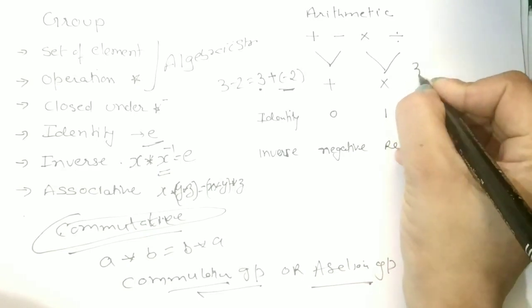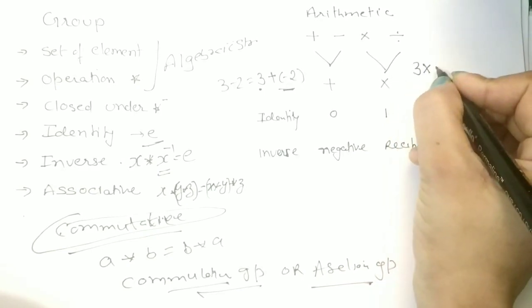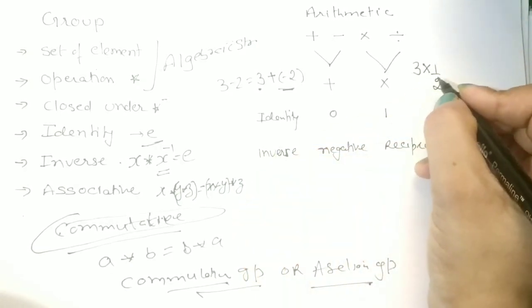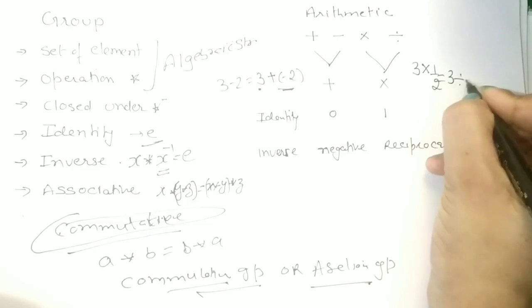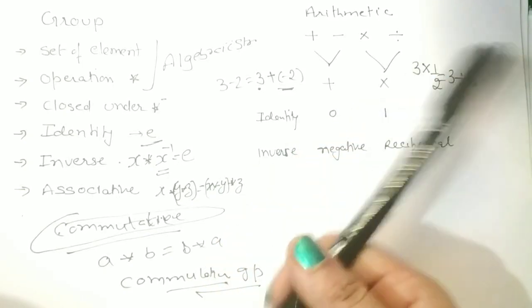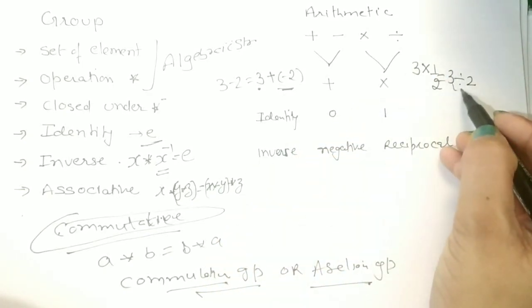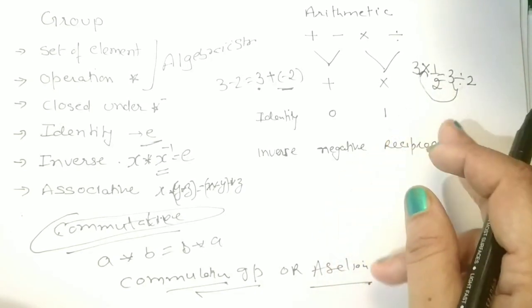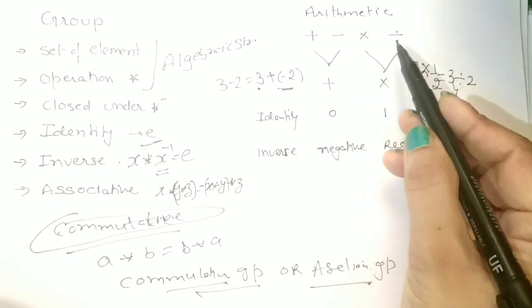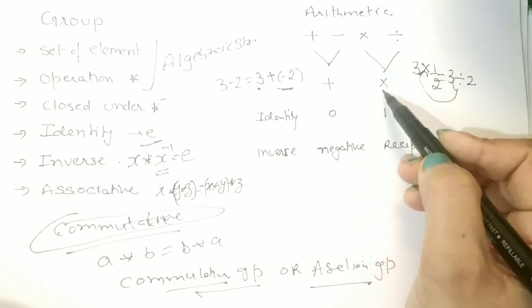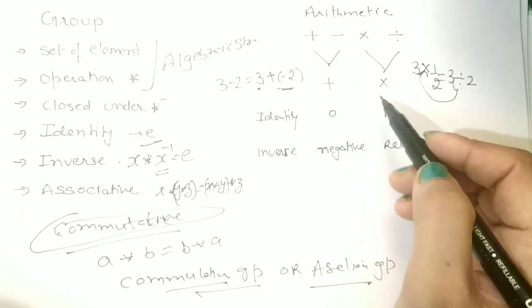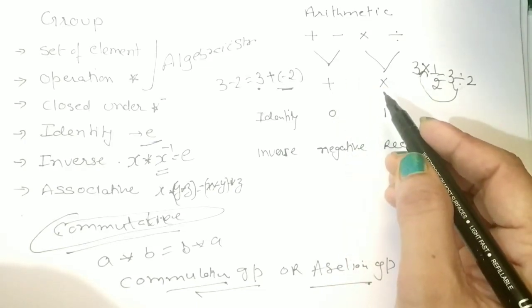Like when you multiply 3 by 1 by 2, or you write 3 divided by 2, that is the same. That means division turns out to be a multiplication with a fraction. So in place of these two, we can write only one operation. So there are only two operations in arithmetic: addition and multiplication.